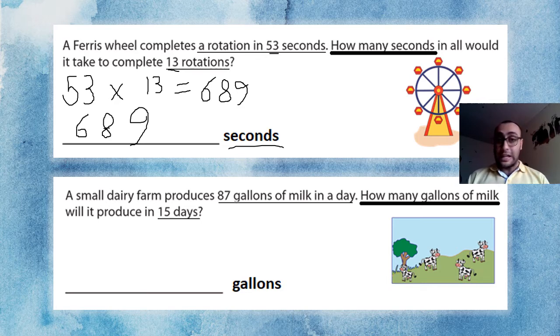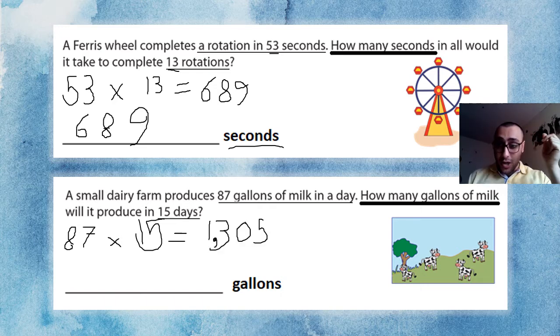So, let's do it together. 87 times 15. I'm going to give you 1 minute to find the answer. Your 1 minute starts now. Okay, time's up. So, the answer is